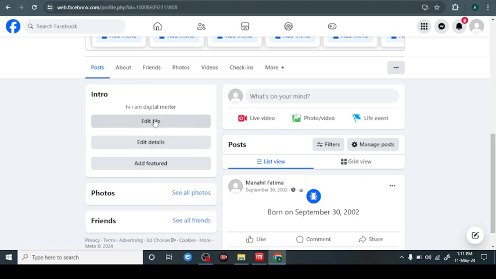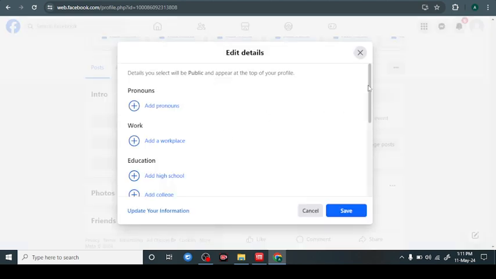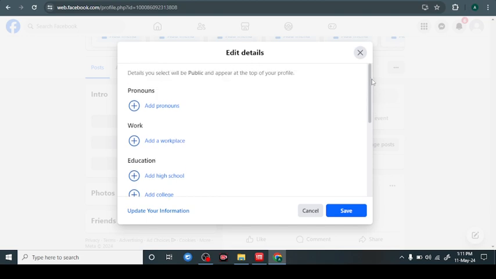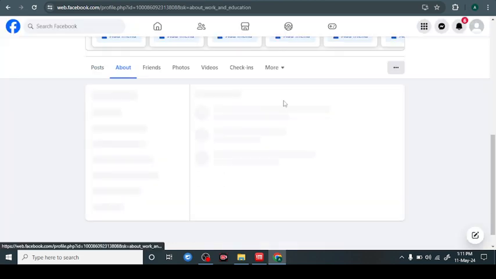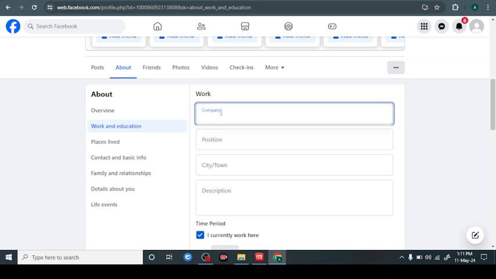So next, again you can add your bio, and here edit detail. You can add your pronouns. Okay, and then work. If you have work in your office, then click add a workplace and enter detail of your office, like add workplace company. If you have a company like some